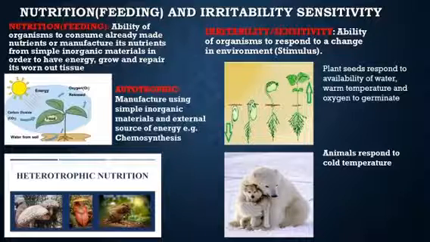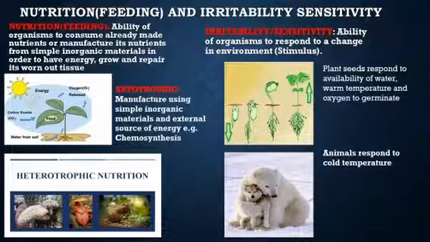This diagram is displaying two characteristics together. It is displaying sensitivity and growth. An animal below is showing how animals respond to cold temperature. The cold temperature is regarded as a stimulus, or a change in the environment. If you are feeling the pang of hunger, that's also a stimulus. If somebody switches off the light in your environment, that's a stimulus. A stimulus simply means a change in the environment,